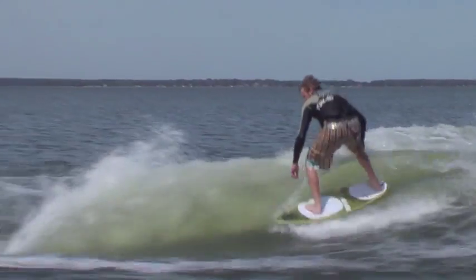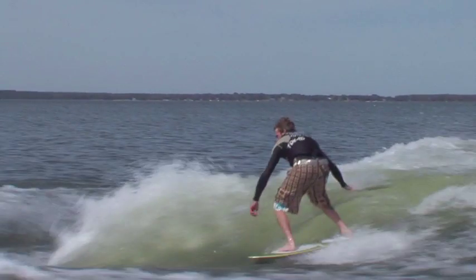The other slide you can do is a front board slide. To do this, you're going to want to slow down, stall on the wake, and then pump towards the boat to get as much speed as you can. As you get towards the boat, you're going to want to lean onto your toes, carve up the wake, and